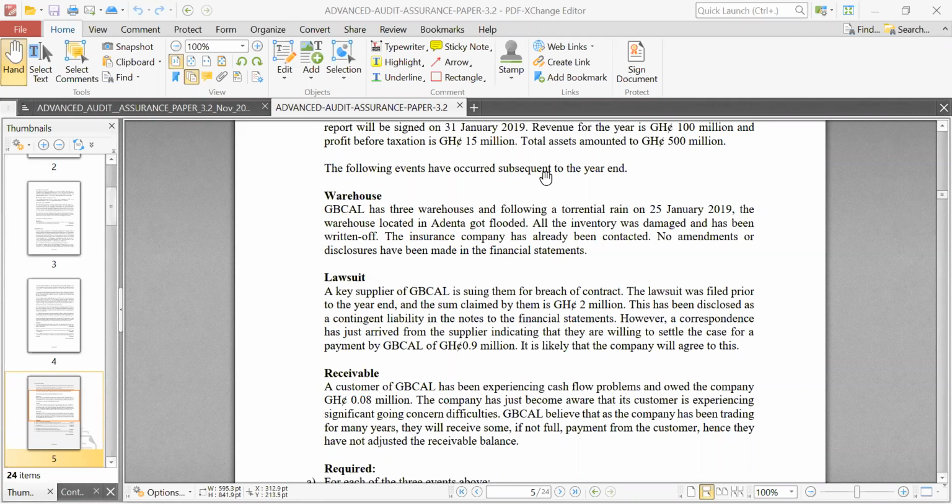But something that I might need to add that the auditor might do is that the auditor will have to contact the company's lawyers to see whether the settlement is probable and whether that 900,000 Ghana cedis is the likely amount. That will be part of the procedures. But as to whether it changes, the financial statement has to be adjusted. Yes, it still has to be adjusted. I hope that's clear.